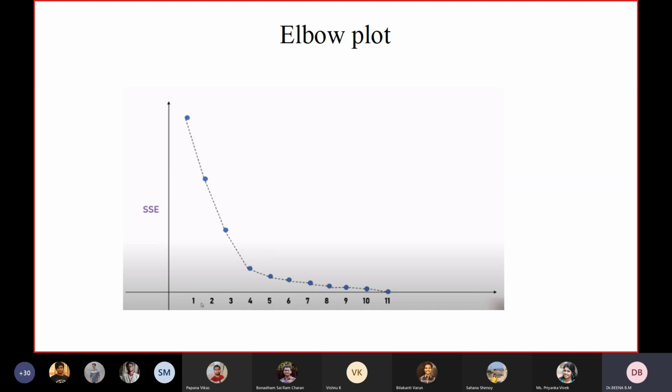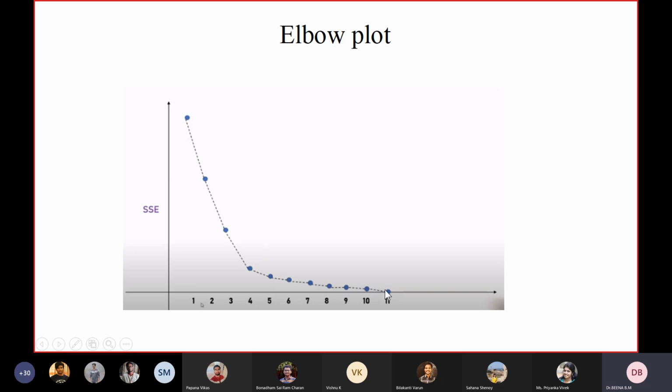It's kind of intuitive, right? The more clusters, the less the SSE. So SSE will become almost 0 when there are 11 clusters in the data set, since we are assuming 11 data points. Here the error is becoming 0, SSE is becoming 0, right? Now, isn't this curve looking like an elbow? It is looking like an elbow. That is why this is called the elbow plot.